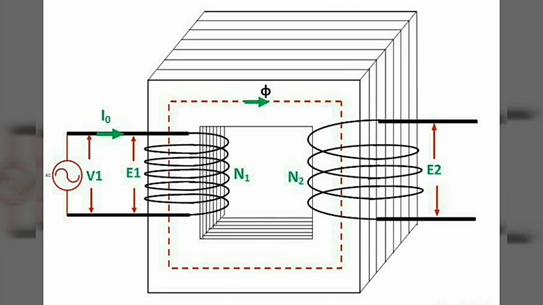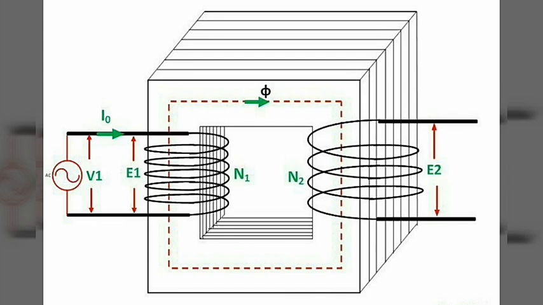This is the circuit of the transformer on no load. A transformer is said to be on no load when the secondary winding is open circuited. The secondary current is thus zero when an alternating voltage is applied to the primary. A small current I0 flows in the primary. The current I0 is called the no load current of the transformer, and it is also called the excitation current